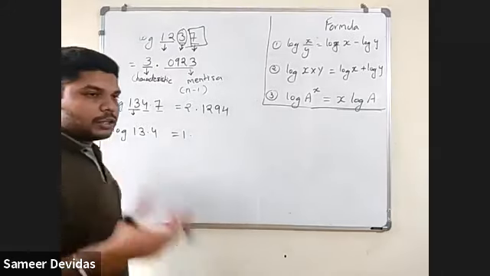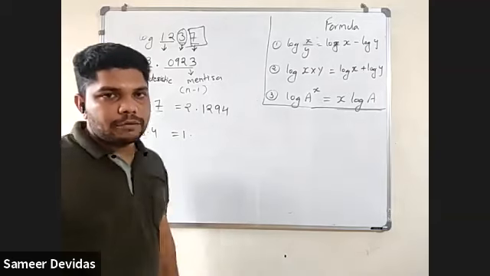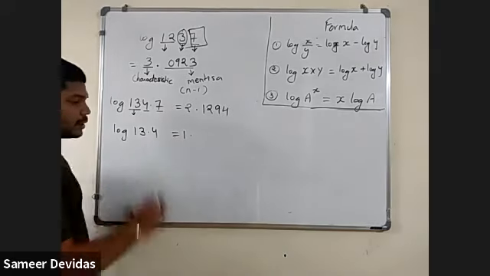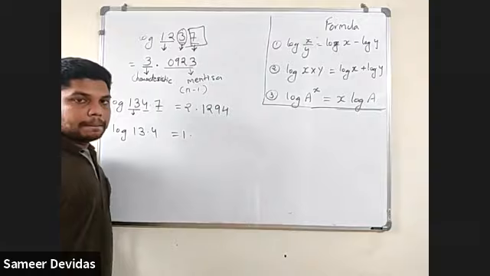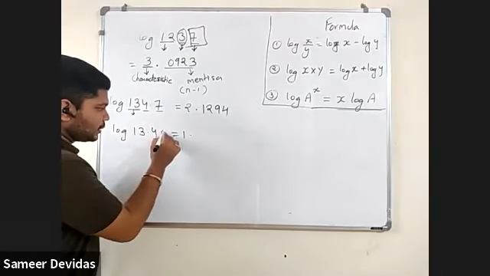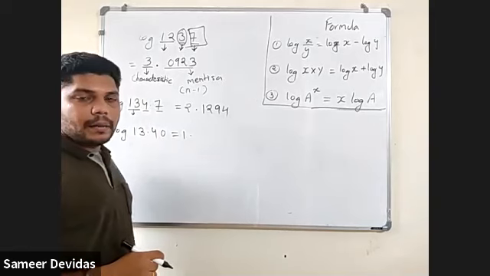1 is the characteristics point. Now I have told you to find out the log. How many numbers are required? 4 numbers are required. But here, how many numbers are there? 3 numbers are there. 4 are not there. But you have to consider that fourth number as a 0. Clear?